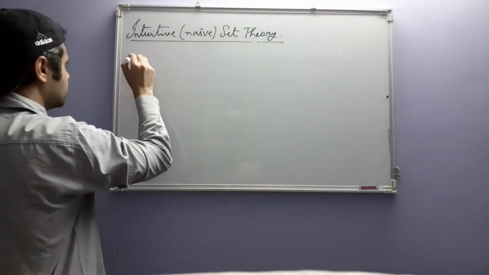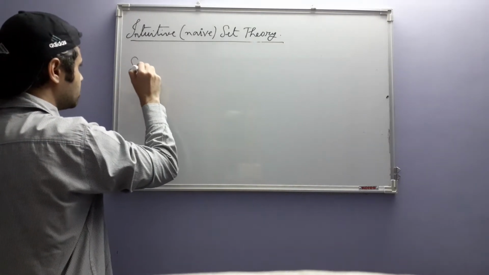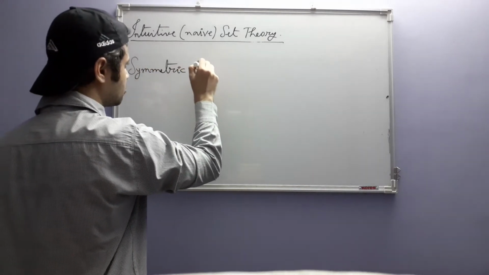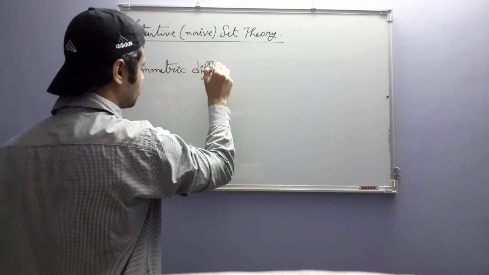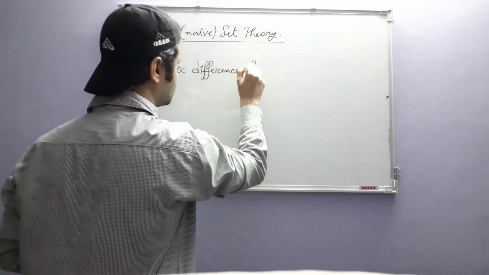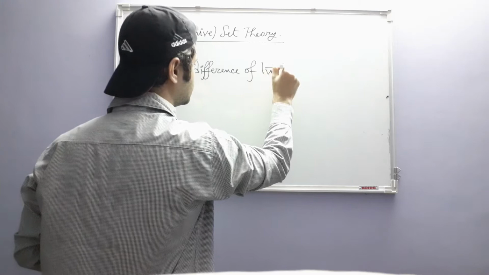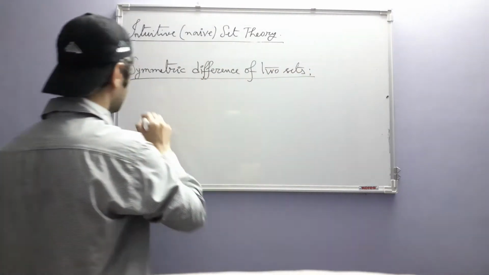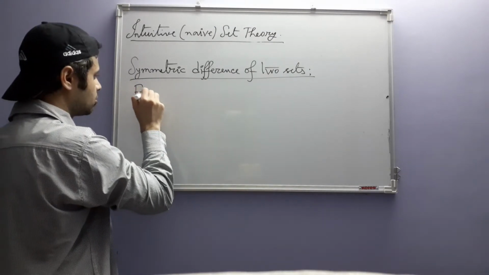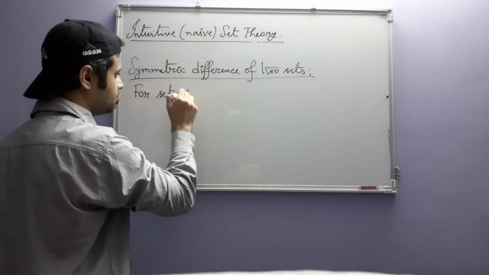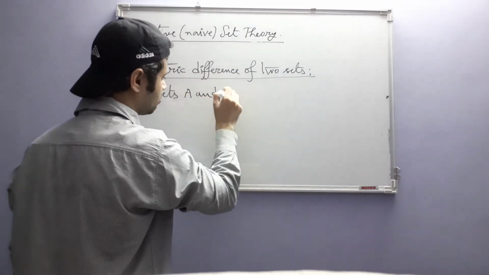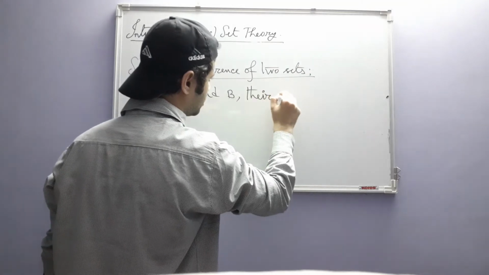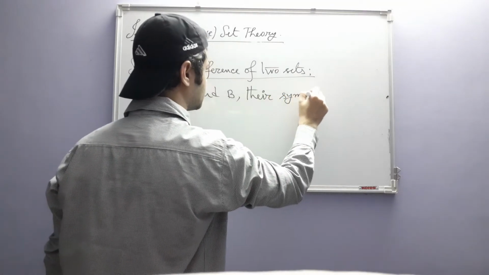It is called symmetric difference of two sets. For sets A and B, their symmetric difference